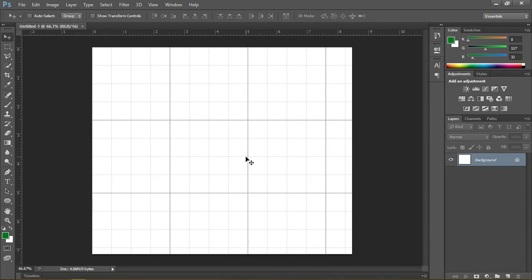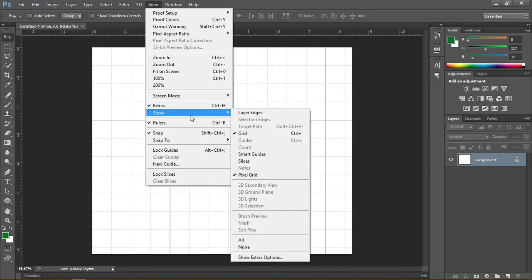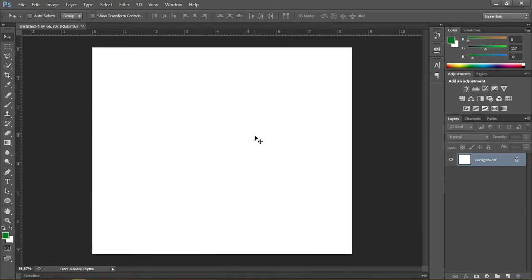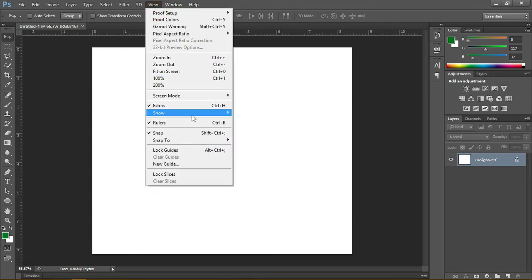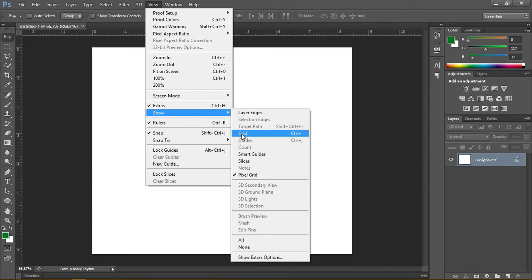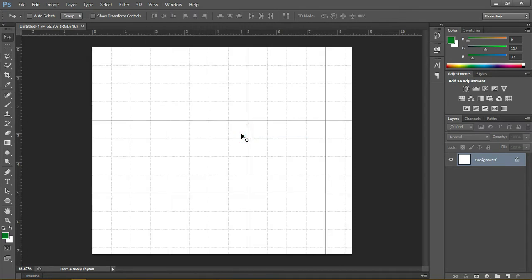With my previous work I was using the grid lines, and so you can see the grid lines over here. Maybe you don't have yours, you can just come to View, Show, then you go to Grid. As you can see, as I did it again, it has undone the first action. So I go to Show again, and if I really want to use it, I press Grid and it's there. Okay, so I'm going to be using this grid to guide me through my work,